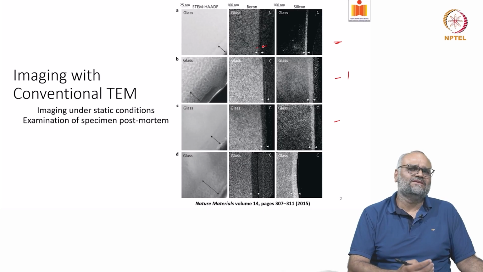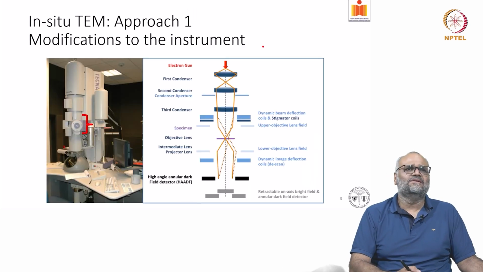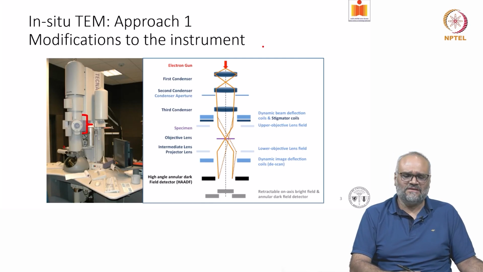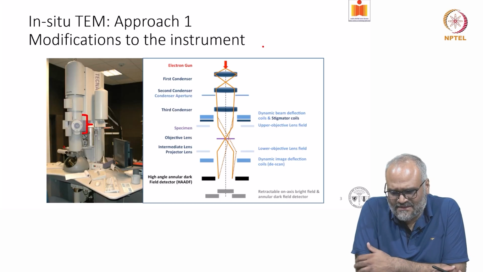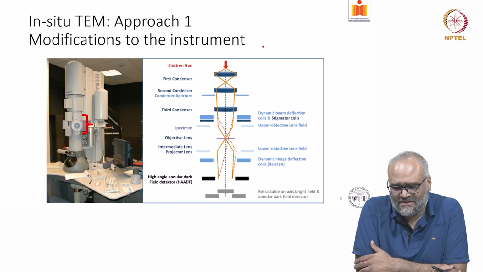How do you image changes in material in real time in a transmission electron microscope which is operated at ultra high vacuum? So to answer this, there are different approaches. One of the simplest approaches, you can modify the instrument. This was a methodology developed in York University and also in Arizona State University. It was Renu Sharma and Pratibha Gai and Peter Crozier and a few of them who came up with the concept